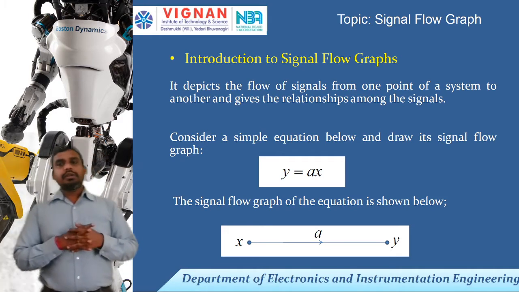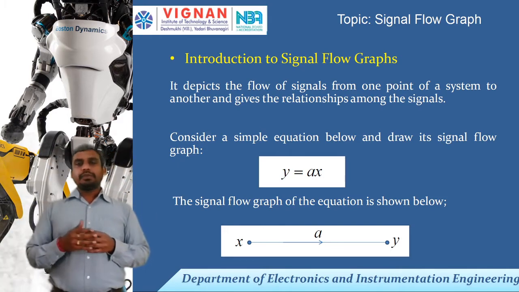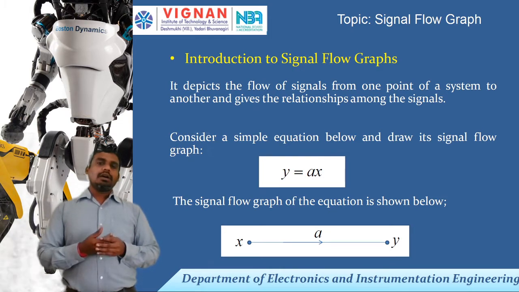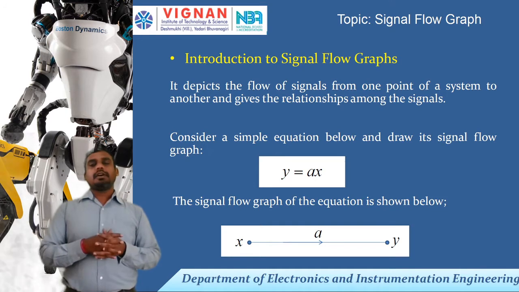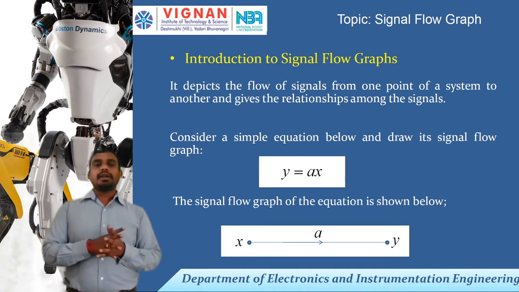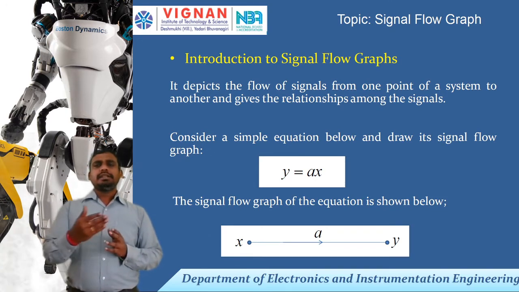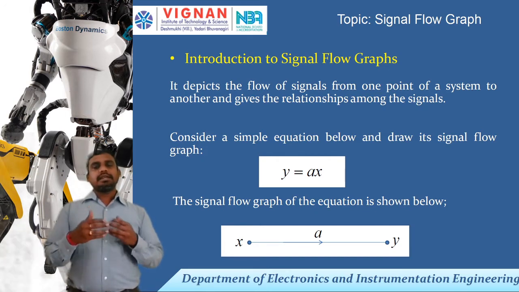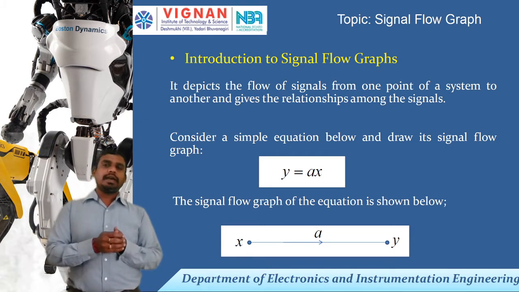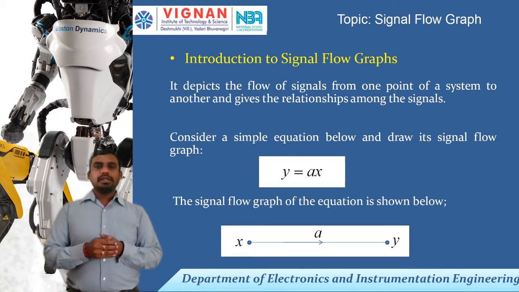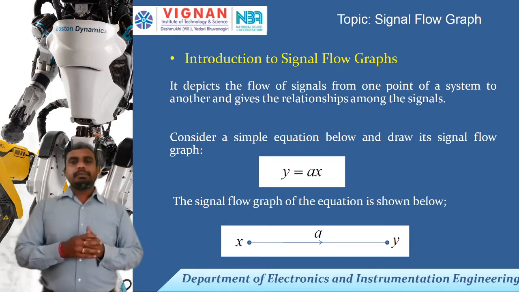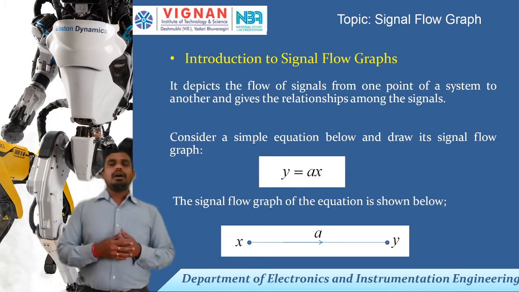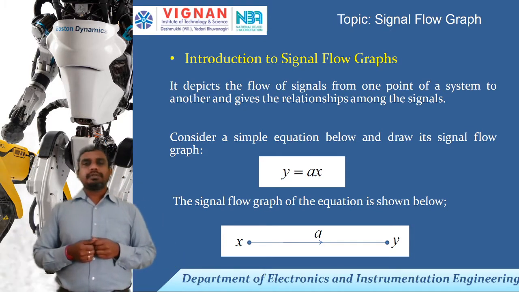So in this class we are going to discuss what a signal flow graph is. If you clearly understand the block diagram reduction method and how we obtained the transfer function of a system using it, the signal flow graph is not that difficult to understand. It is just a representation of a block diagram in terms of signal flow. We'll get into the topic and solve numerical problems so that it will be clear how to get the transfer function using a signal flow graph.